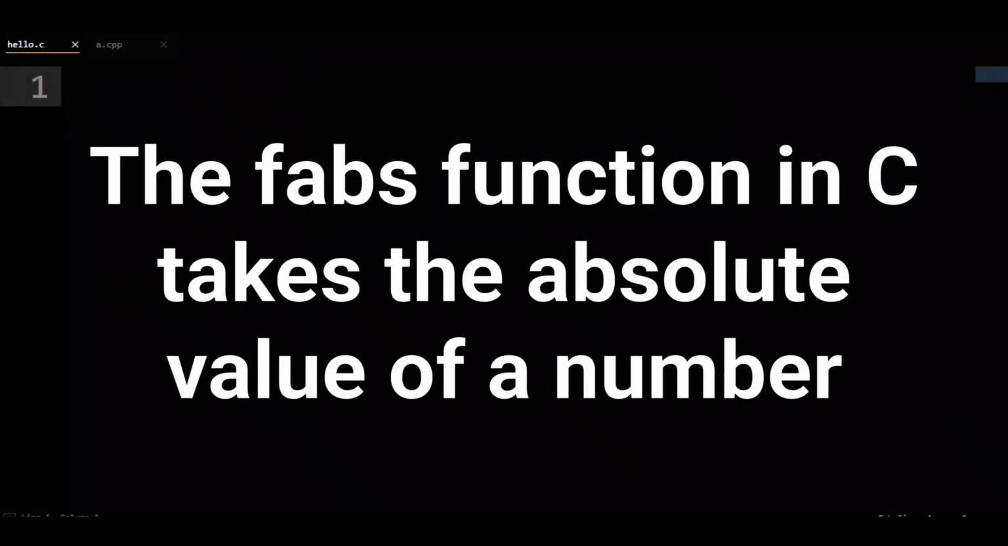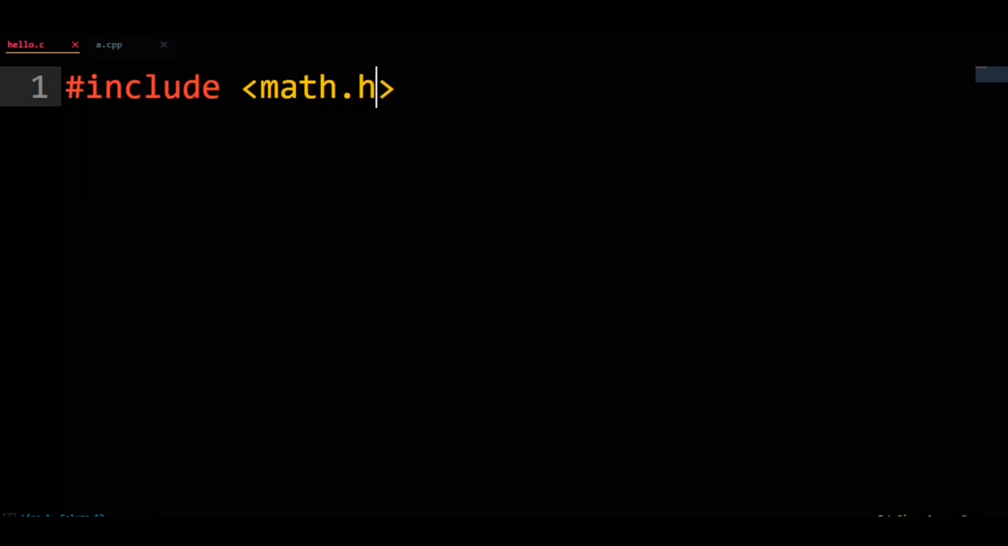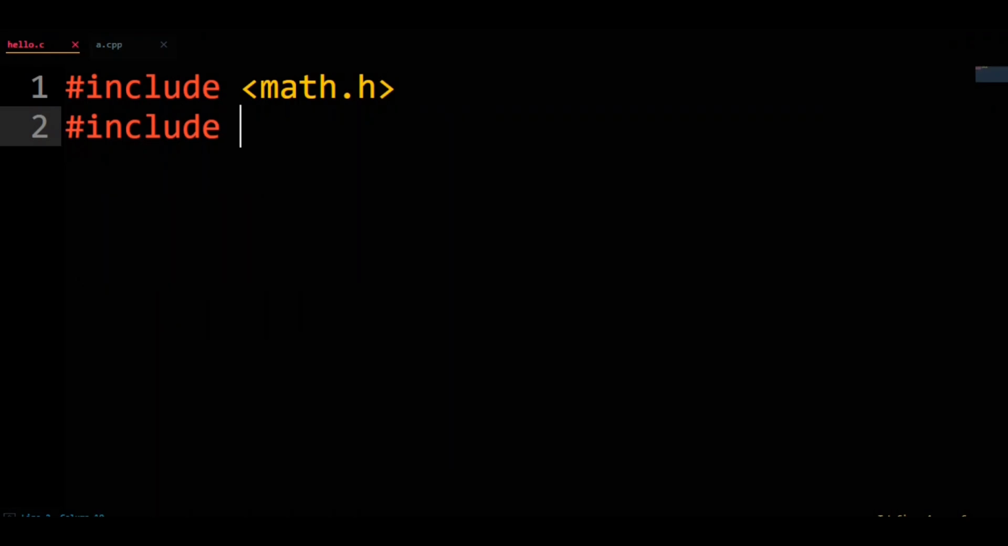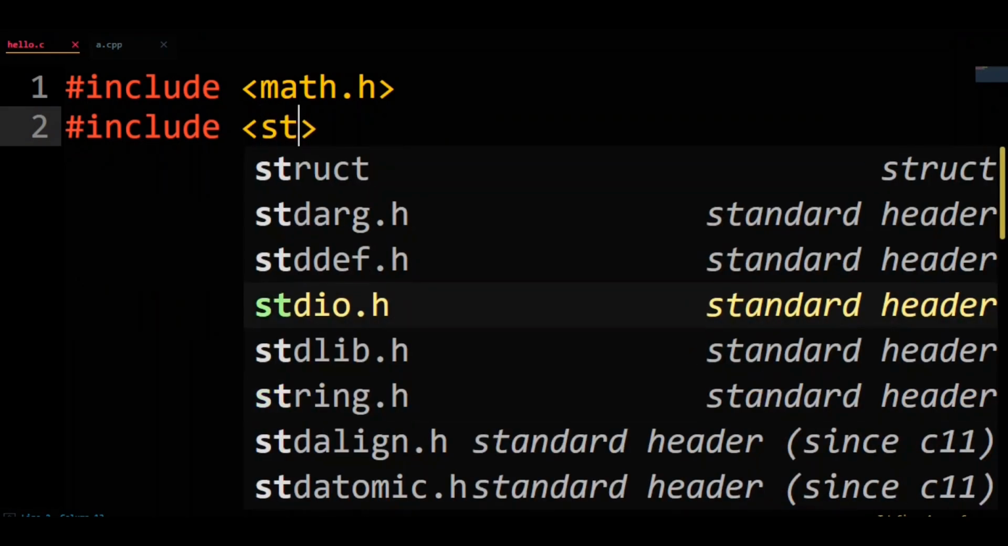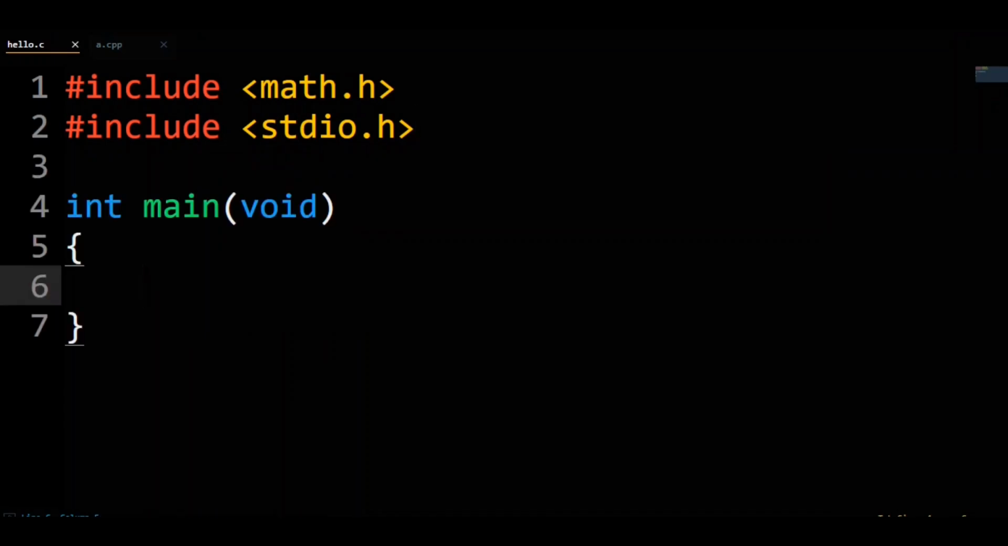The fabs function in C takes the absolute value of a number. Fabs is in the math.h header file, so we will #include math.h. We will also want to print out our answer, so let's #include stdio.h. Fabs returns a double, so for our answer we will do double